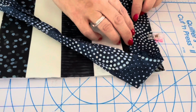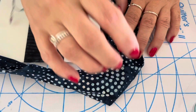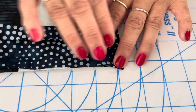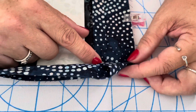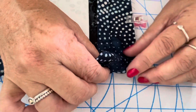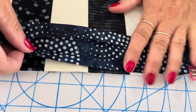So your binding is face down so that the creases are facing down towards your quilt. Take it up to the corner here, give yourself plenty of slack to move it with, and then you bring this across, right in the corner here, so that you're then going across this way. And what's happening here is that piece is going straight up to that top edge, and you've got this little flap, this 45-degree angle. At this stage you don't have to worry too much about angles, you don't need your ruler, you're just popping that down. So it makes a nice neat angle, and you're just at this stage popping a clip on there, and that's all. So we'll go along here,